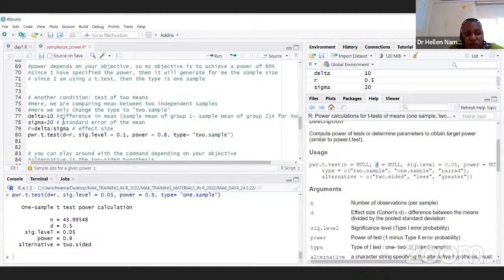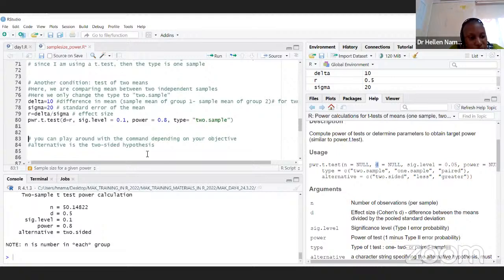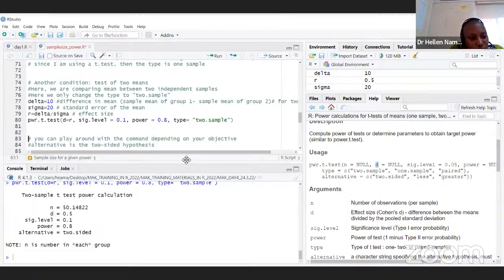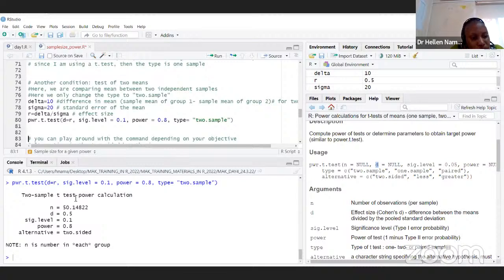What is going to happen? I'm still using the same example, but this time around, I'm changing the level of significance to 0.1. I'm leaving my power to be 0.8, and the type I'm considering a two sample. So in case I run that line, and I look in my console, it states that based on a two sample t-test calculation, I'll have 50 in each group. Okay, I'll have 50 subjects in each group, if my effect size is 0.5, and then my significance level as